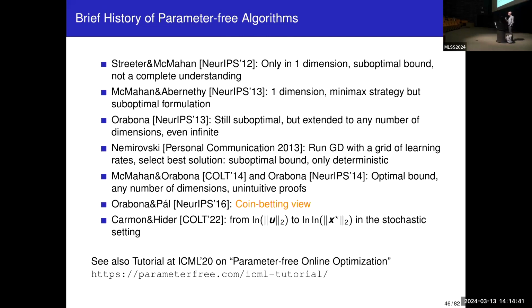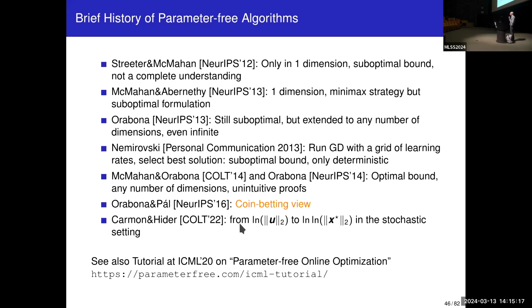It's always FTRL. It's always a very specific form of the regularizer that we change until we arrive at the correct one. But all these proofs are very, very complex. I mean, the one that I showed you is 3 lines. But in general, if you want to do the general analysis, it's very, very complex. And so in 2016, we obtained this coin betting view that, again, is the same idea, but just simplified, if you want. And there was nothing really new up to 1 year ago,